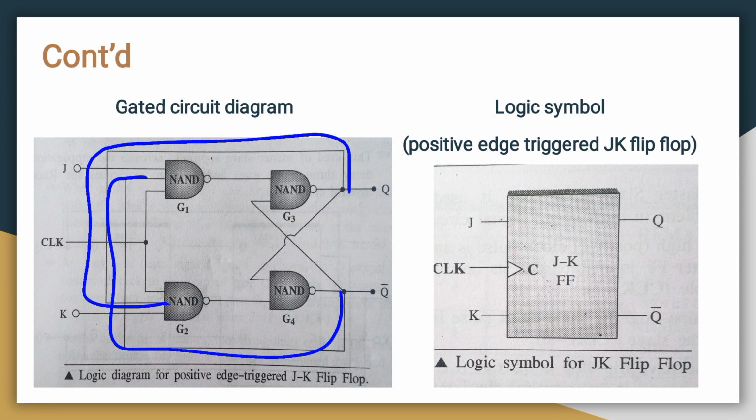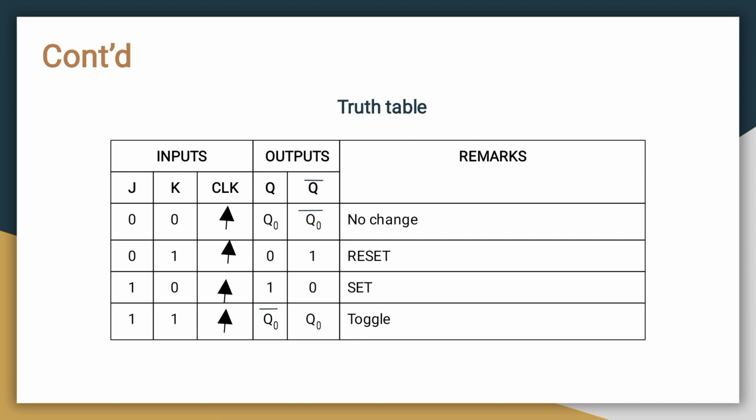Here we have to concentrate on 2 things. That is, we change SR to JK, and one more is this feedback. So that will make changes in the circuit. So this is about the gated circuit diagram. So next is the truth table. Already we told there is no invalid state. So first is the combination. Again you have to change here, that is, in the truth table, S and R are replaced by JK. Other than this the combination is the same, and the clock triggering is applied here.